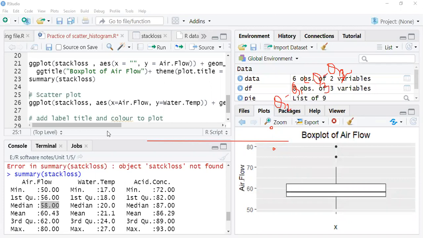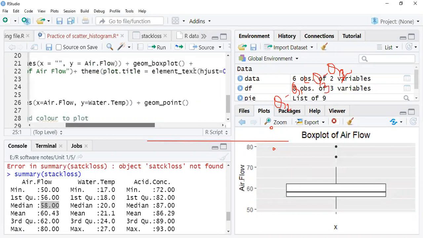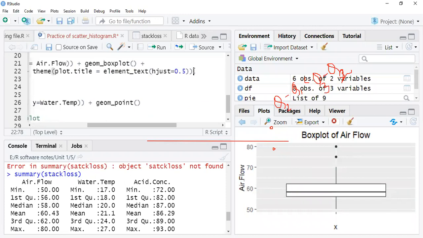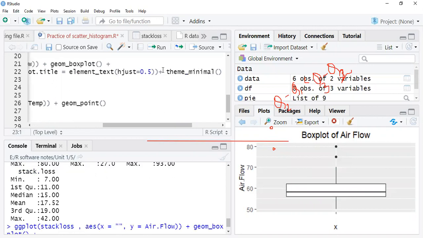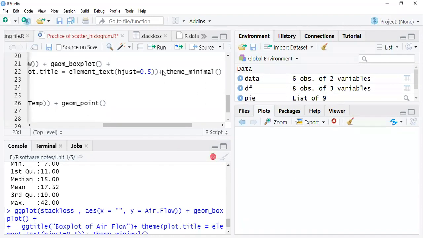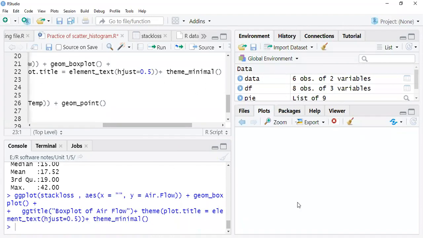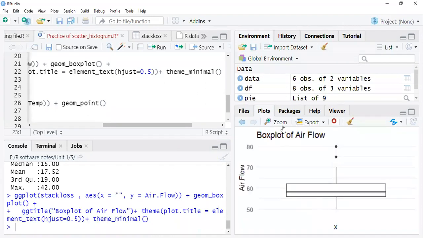Okay, I just want to add here something which I had removed, the theme part. If I do theme plus this, just give me a minute. I will come to the chat box and let me see if you have any query. So if you see this box plot now, what I found here is that the background is gone.